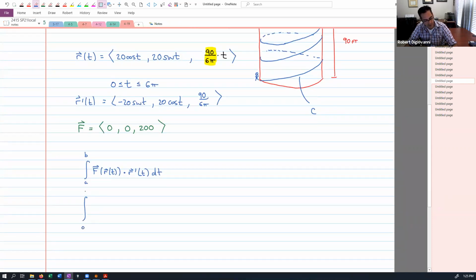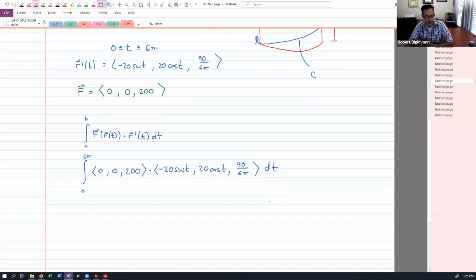That's the integral from 0 to 6 pi. Okay, the vector field evaluated along the curve. Well, the vector field is a bunch of constants, so I'm not going to plug anything in because those have no impact on the vector field. I'm going to dot that with the derivative, which we just put here. Any questions? And that dot product is really nice because everything goes away except for 200 times this, right? So that's